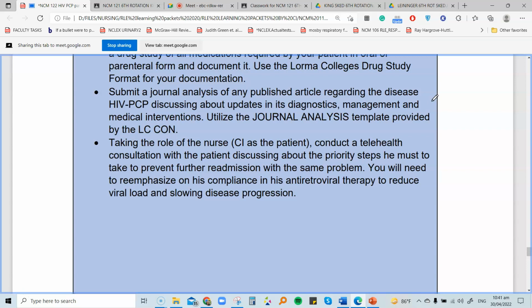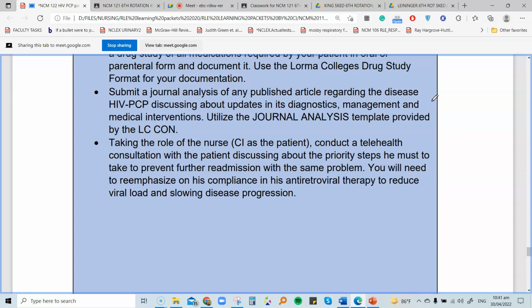Remember, you need to attach the link of your specific article, and you just provide to me a very short summary, but you need to discuss what you learned from that particular article. You know that if I check your journal analysis, I check for plagiarism. Babasahin ko talaga yan, and you will not get any credit at all if you're just going to copy the article and then place it as if you are discussing it, not using your own words.